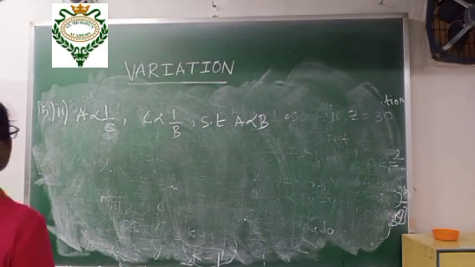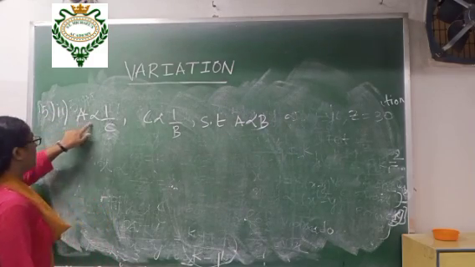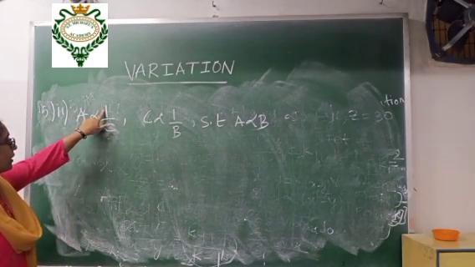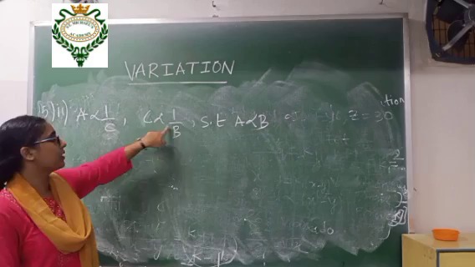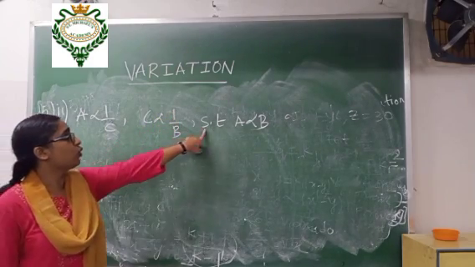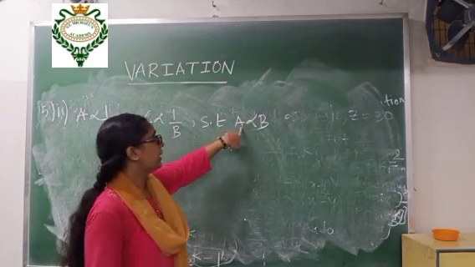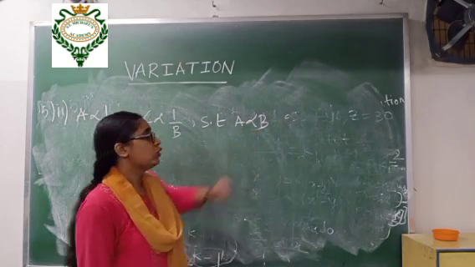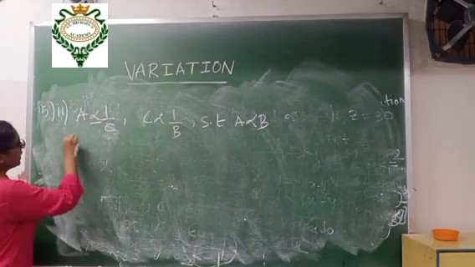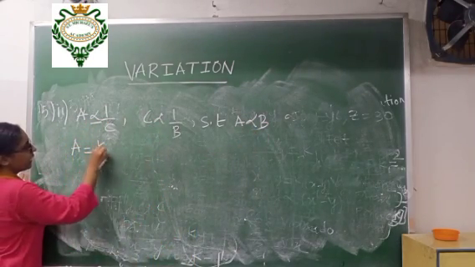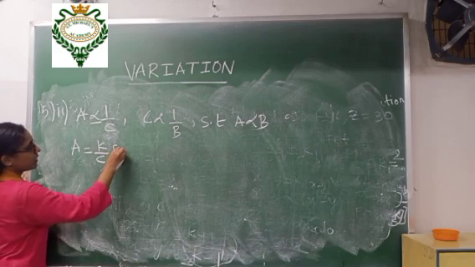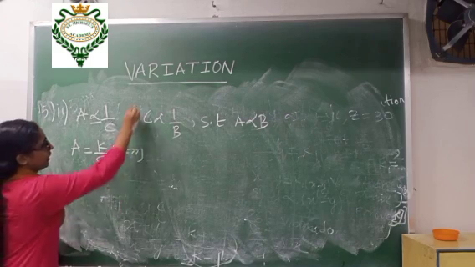Now class 10, question number 5. A varies indirectly with C and C varies indirectly with B. Show that A varies directly with B. So what will we do? First we will remove the variation sign. We will give one k by C, and we will write what k is. Please write variation constant.